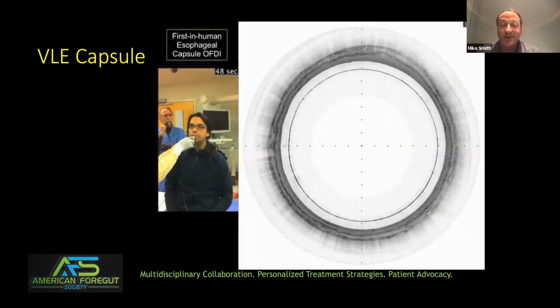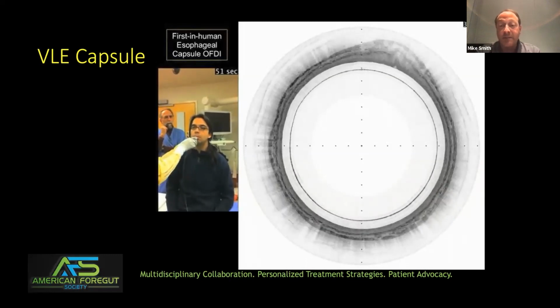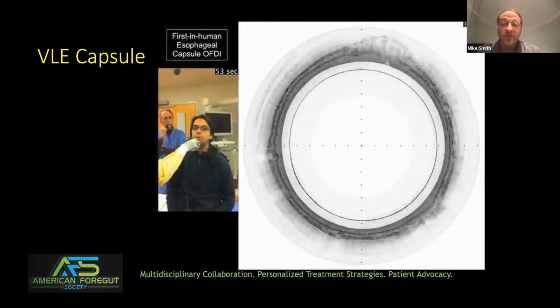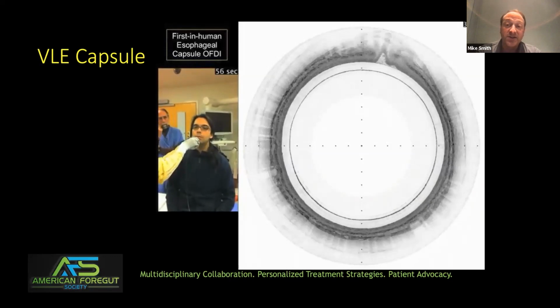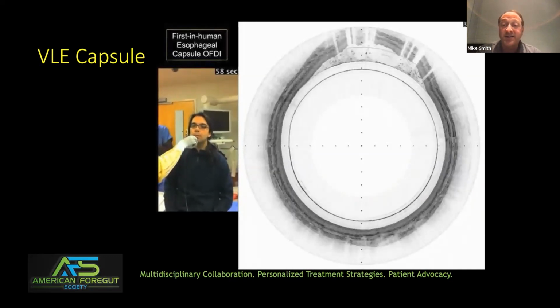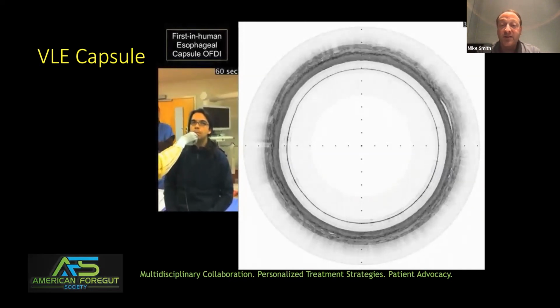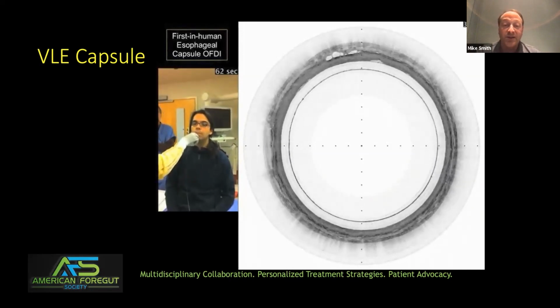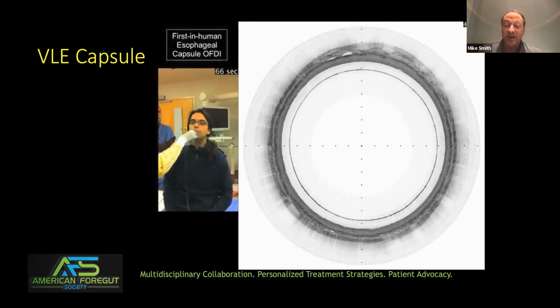And this poor graduate student has electively chosen to swallow it and is getting a real-time VLE of their esophagus to look for Barrett's and, of course, dysplasia. And in fact, with artificial intelligence now being added as part of the processing to look at these images, this kind of device could potentially be used in an outpatient setting to find the disease without even having to send the patient for endoscopy or tissue sampling